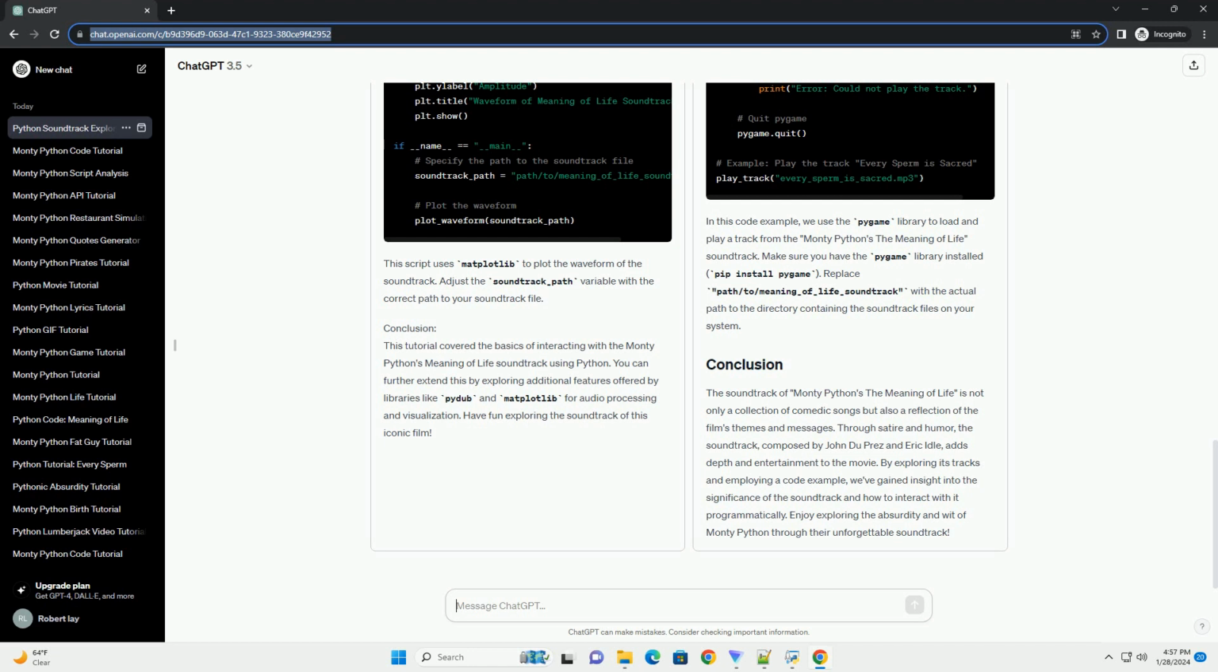Every Sperm is Sacred. This song, performed in the film by Michael Palin and the Monty Python cast, hilariously satirizes Catholic teachings on contraception and reproduction. The Galaxy Song, sung by Eric Idle. This song is a comedic exploration of the vastness of the universe and humanity's insignificance in comparison. Christmas in Heaven, a cheerful and absurd musical number depicting the afterlife as a never-ending Christmas celebration. These tracks, along with others on the soundtrack, contribute to the film's comedic brilliance and its exploration of existential